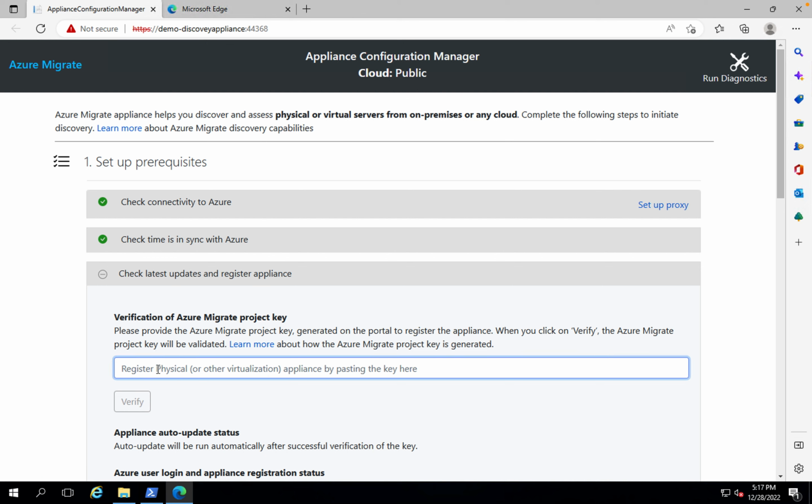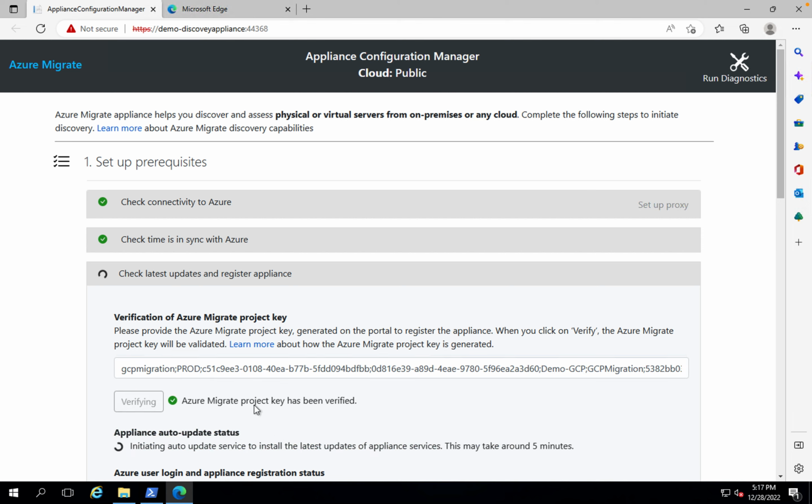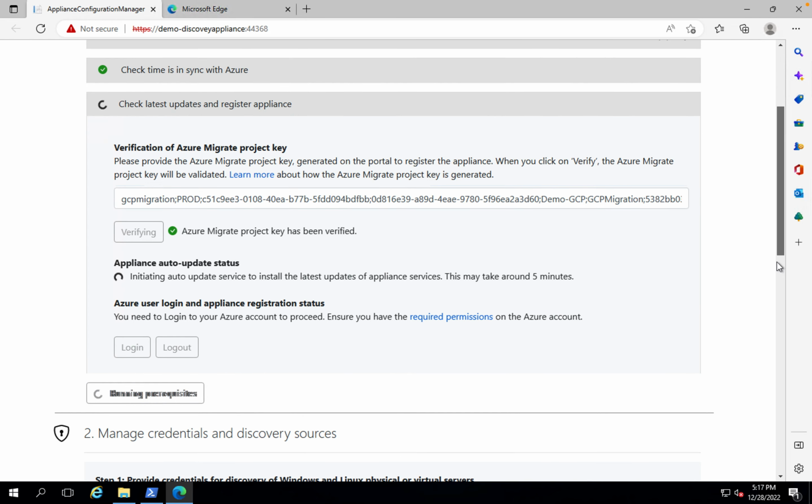Now you just need to paste your key here, which you have copied, and then you need to click on verify. So now it's going to verify it. If you can see, the Azure Migrate project key has been successfully verified. Now the next step is